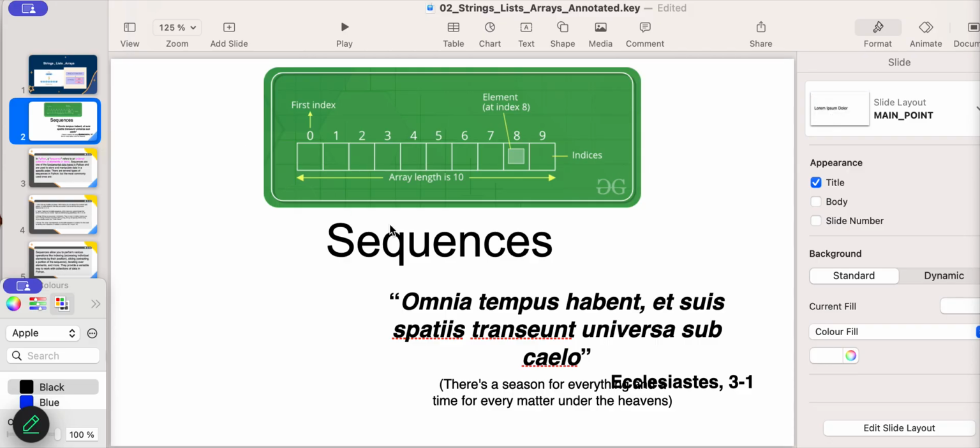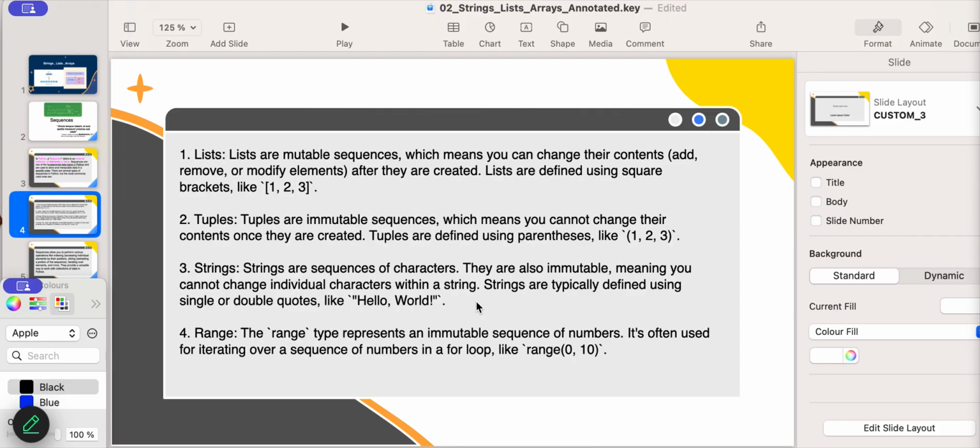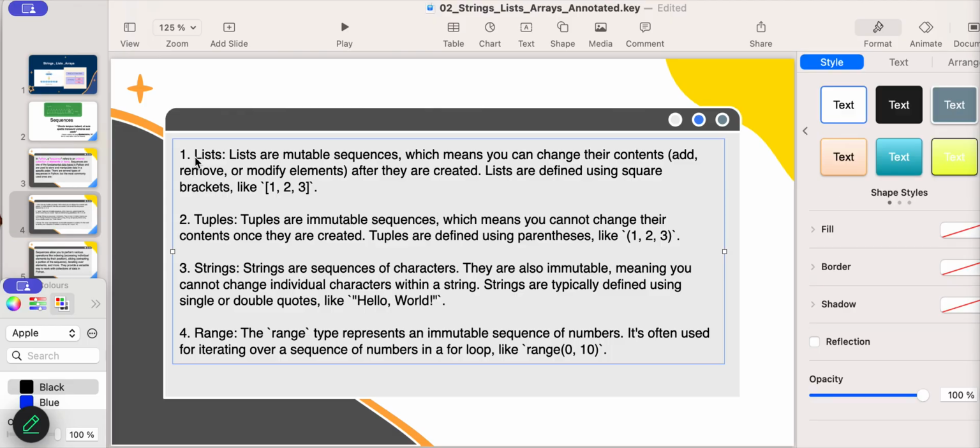So as we mentioned with the array, the memory locations are consecutive, and the first one comes before the next one that comes before the next one. So there is a specific order. We could reorder them if we want to, in the way we want them to be ordered: ascending order, descending order, or some other order that we like. So there are several types of sequences in Python, but the most commonly used are lists,